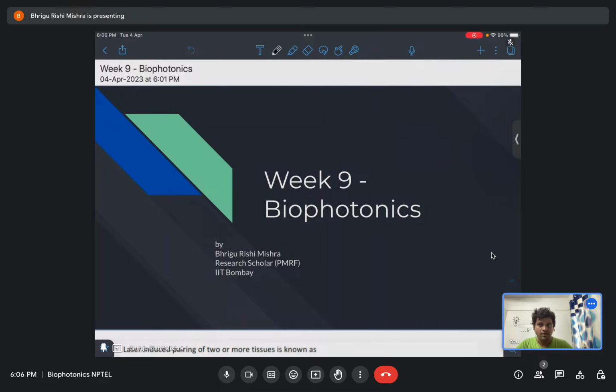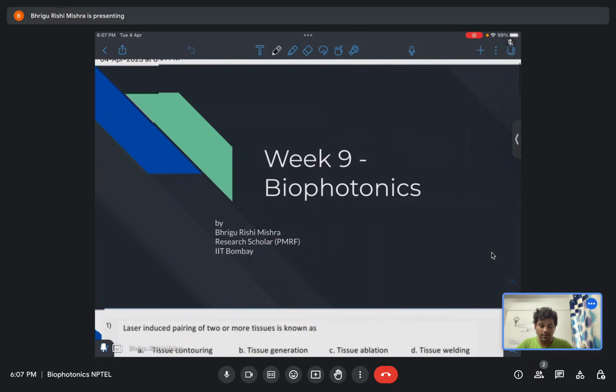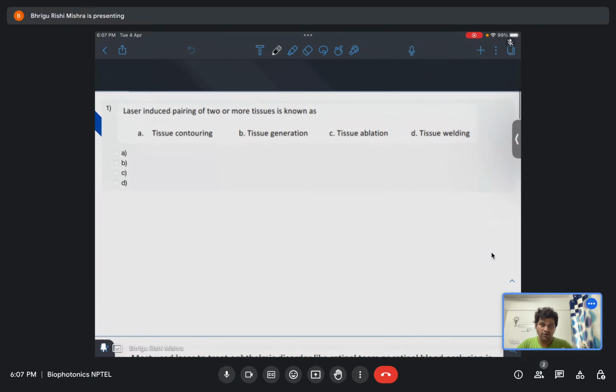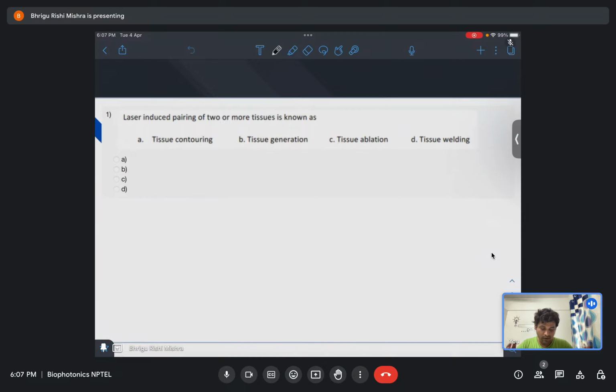So mainly theoretical portions have been covered. Some theoretical techniques regarding laser tissue engineering have been covered. Again, these are all theory things, so there is no numerical problem. So I'll just discuss the questions given in the assignment. Although you probably know all the answers, because it was also uploaded in the portal, I'll just discuss all these questions given in the assignment, and we will end the lecture after discussing all the questions. So the first one is: laser induced pairing of two or more tissues is known as